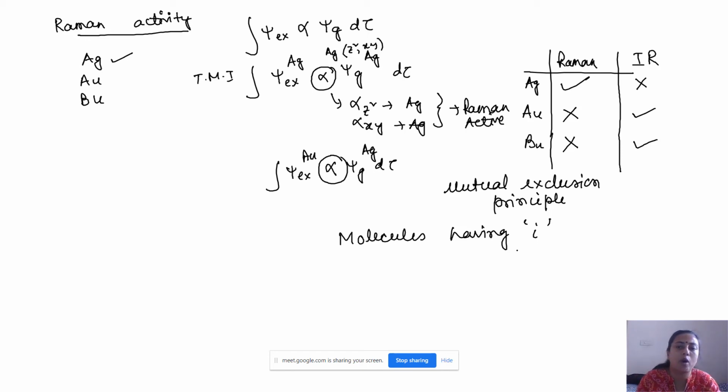As this particular molecule is having the center of inversion I, so we can see this particular mutual exclusion principle to be present over there. But if we walk into some other point group like C2V or D2, any other point group, we may find that there are normal modes of vibrations which are both Raman and IR active. So from here we are going to continue in the next class.